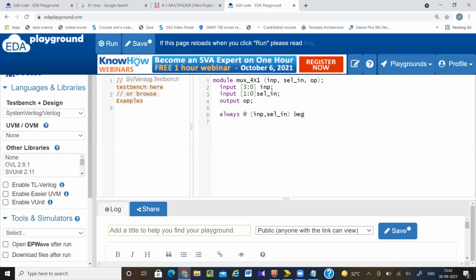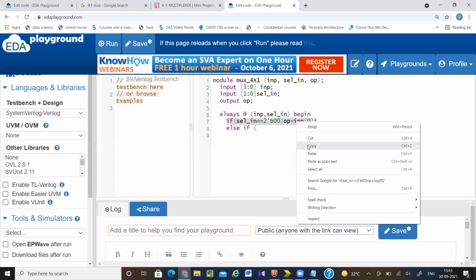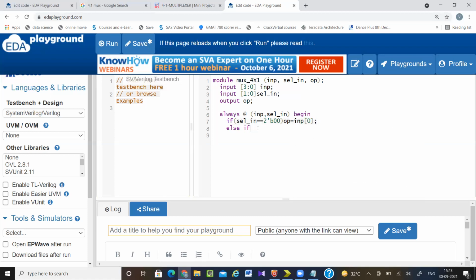Okay, so begin. Now it is just like a truth table, whatever truth table I will be writing here. If the select line signal equals 2-bit 00, then my output equals input of 0. Else if... this behavioral modeling style, syntax-wise, is very similar to your C coding.